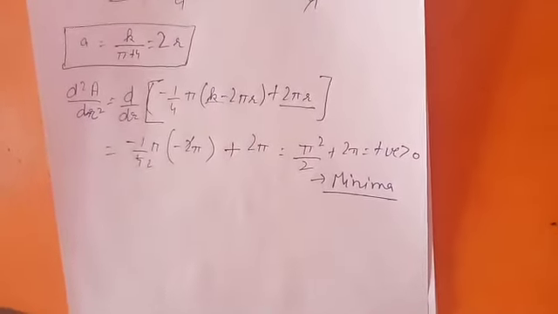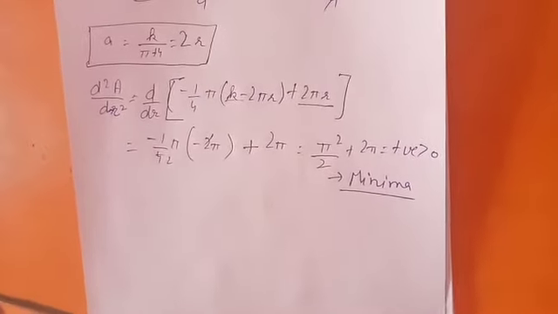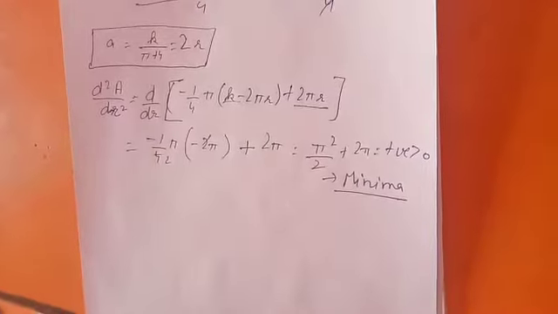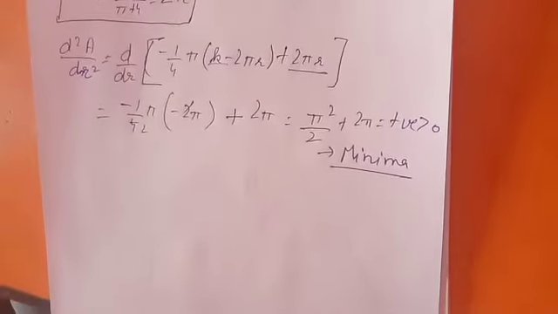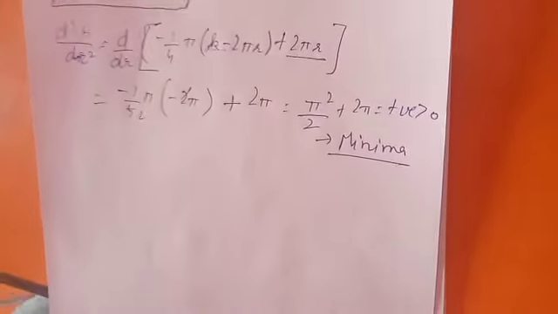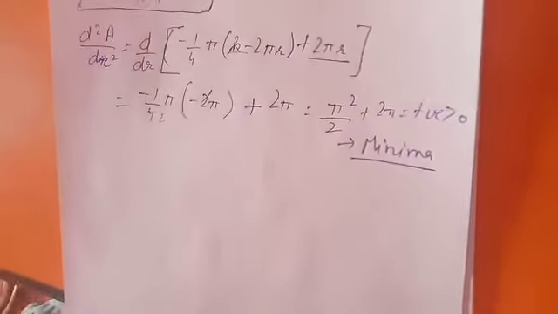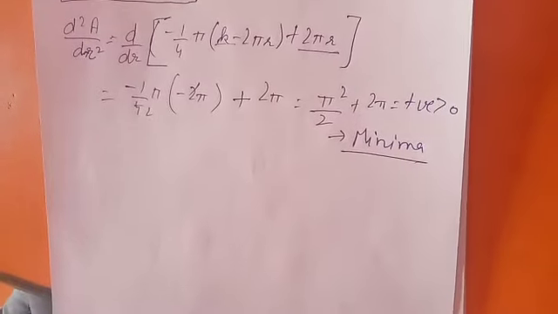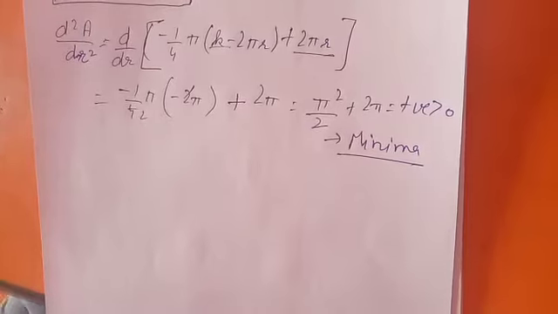Okay, now we have proved that when the sum of perimeter of a square and a circle is given, then the sum of their areas will be minimum when the side of the square is equal to the diameter of the circle. Okay, I hope you have understood it. If you are not able to understand it, you can watch the video again, or if you still have any problem, then you can ask through WhatsApp.